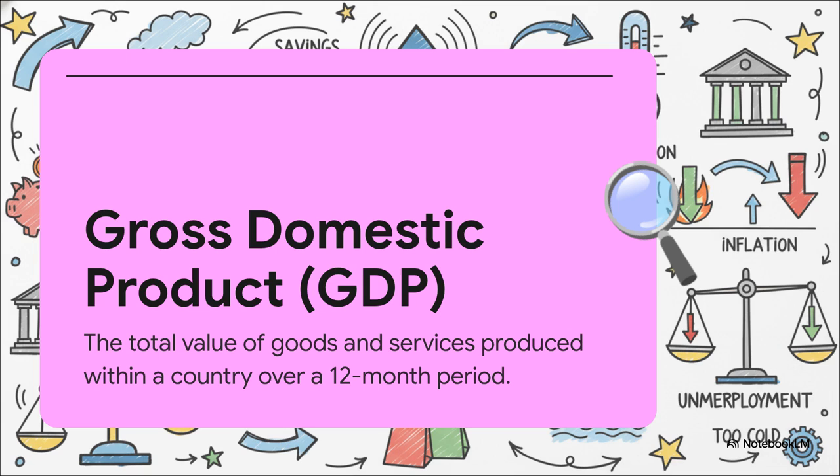Just think of it like this. Imagine adding up the price tag of everything your country produces in a year. From a single loaf of bread to a giant skyscraper, all of it. That total price tag, that's GDP. It's really the ultimate scoreboard for an economy, and it's the number we're going to build our whole model around.